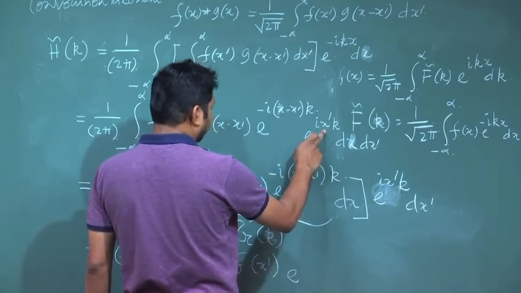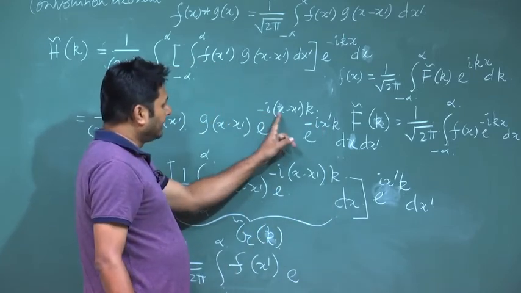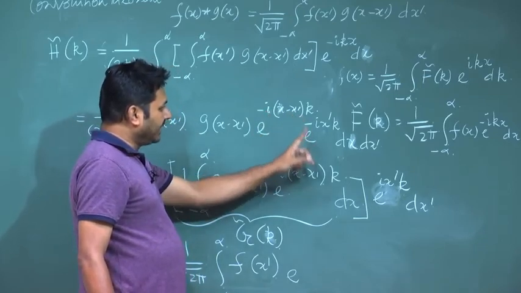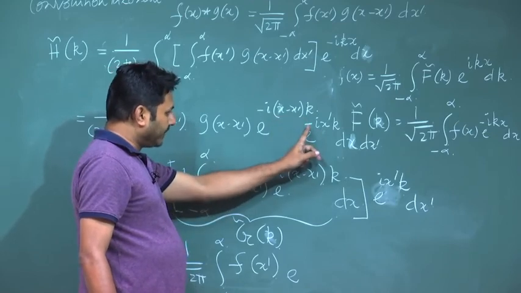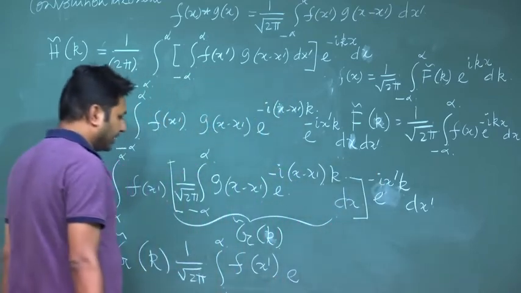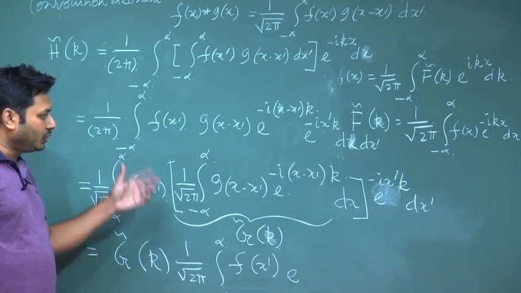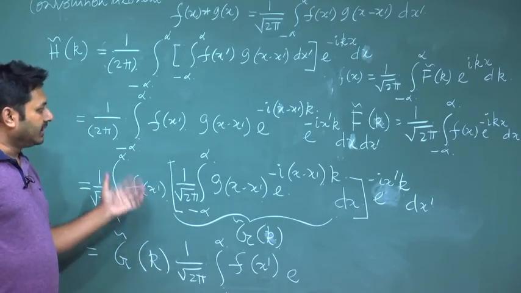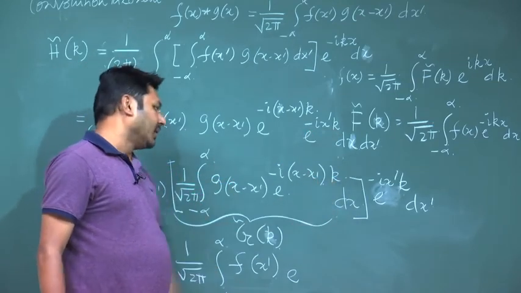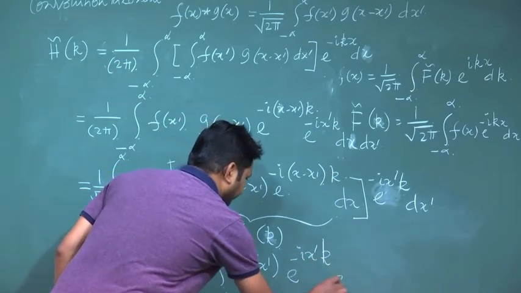So, in order to compensate that, I should put a negative sign here, because this is minus i k x and plus i x prime k. So, I need to put a minus sign to compensate this x prime term. So, it should be minus. Please be careful about these things, it will come automatically. The beauty of this kind of calculation is that if you make some mistake by doing this in a hurry, then the problem itself suggests that you are making a mistake, because it should come automatically. So, now it is x prime k,